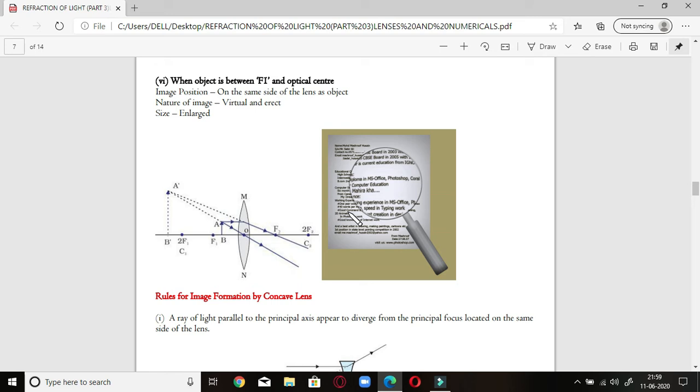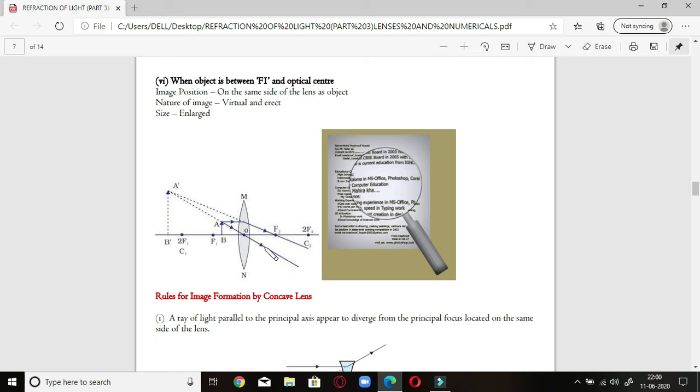As you can see, the words on the book are smaller in size as compared to looking through the convex lens. Okay, the reason is that we have placed this convex lens between the optical center and the focus, very near to the book, so that one ray going from the object strikes the surface and passes through f2. Another ray is passing through the optical center. What we observe is that they are departing from each other, separating with a large distance. So that's why we will produce these rays.